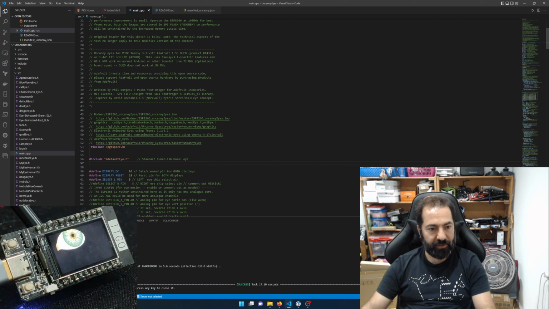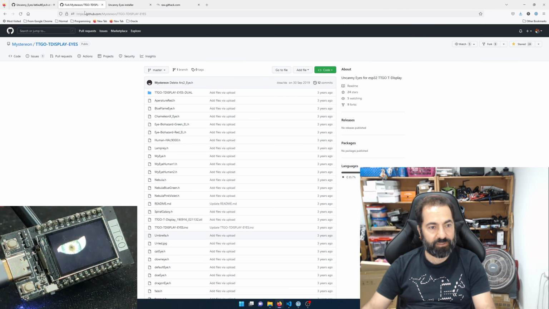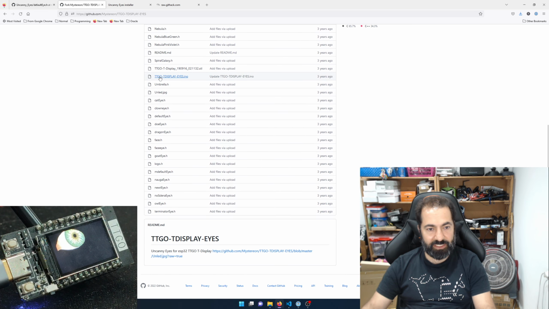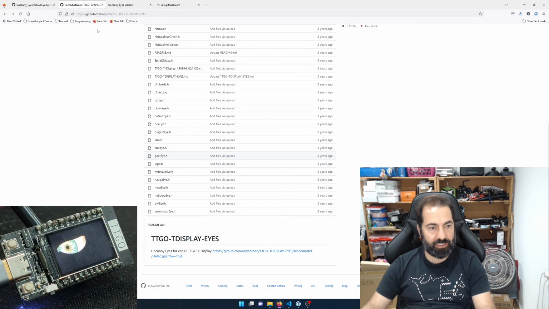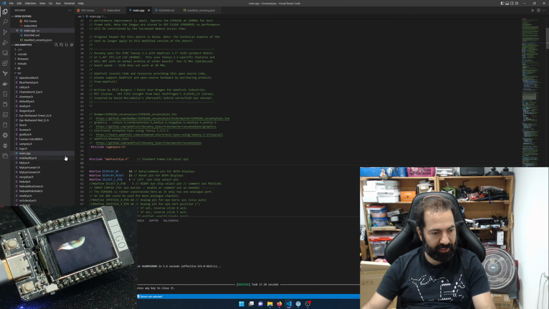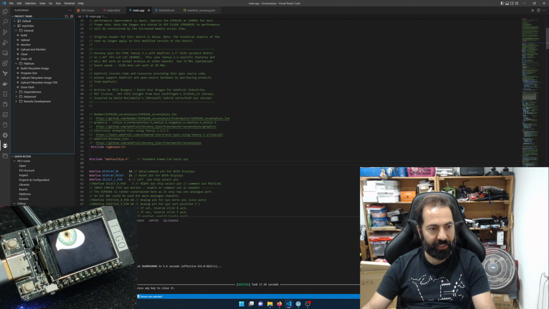If we open up this copy here, the biggest thing you need to do is take whatever the .ino file is, which is usually named the exact same as the folder. So inside Mysterion's, you'll see there's TTGO T-Display eyes, and inside this, we can literally copy everything in this file into our main. I did get ahead of myself slightly, so this is using Platform IO,